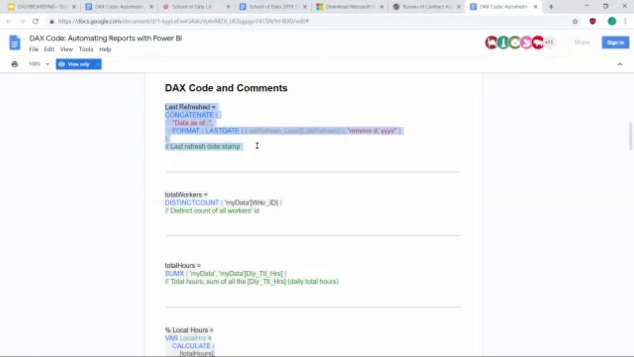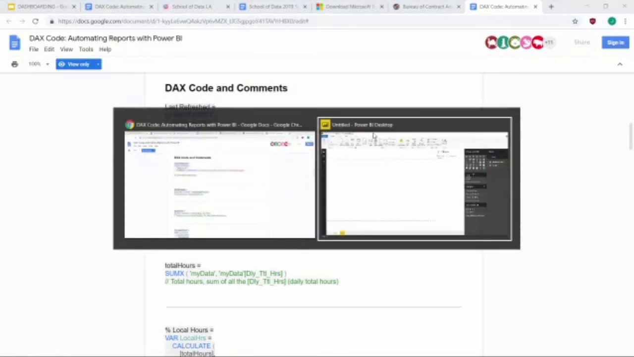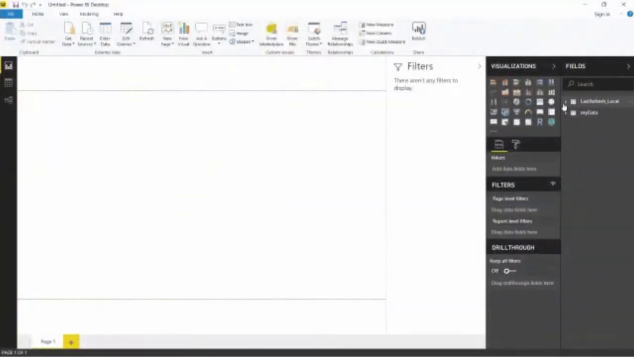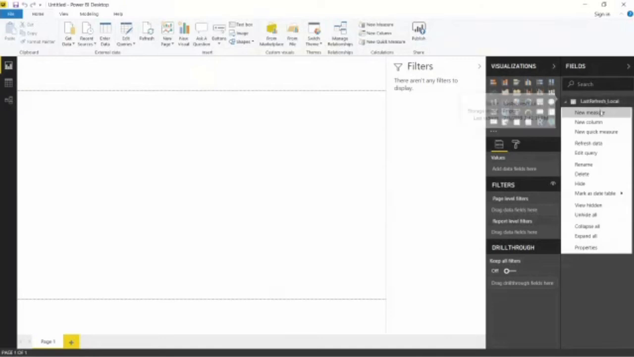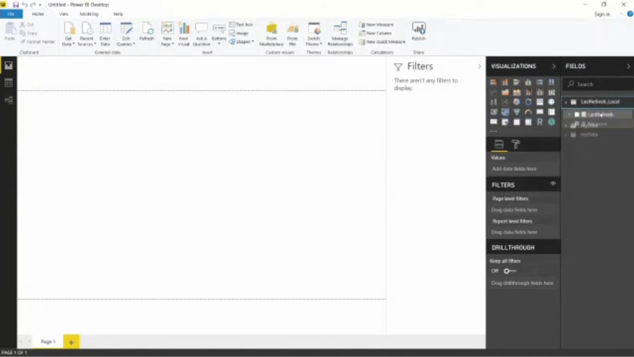We're going to copy, and then we're going to go back to Power BI Desktop. On the right, you're going to click on this little arrow next to last refresh underscore local. Click on that, and then right click on the table and go down to new measure. Measures in Power BI are calculations. This is where you can type your code. And then when you hit new measure,